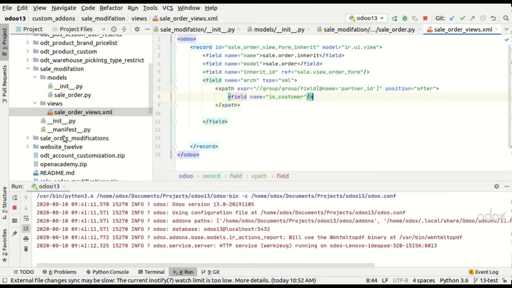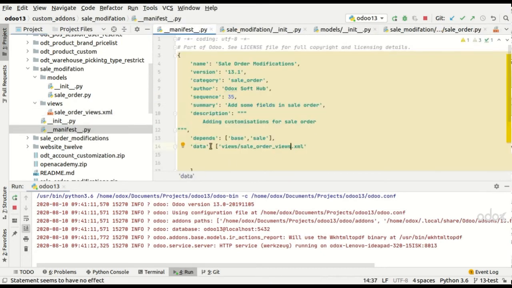Before you run the file, you should make sure that you have given the sale_order_views in the manifest as well. I have already given it, so you should make sure you have given this file here also, and run it and install the module and check it out there.